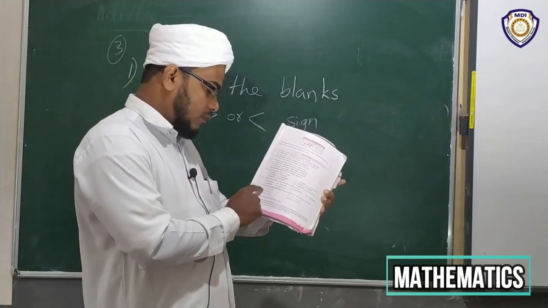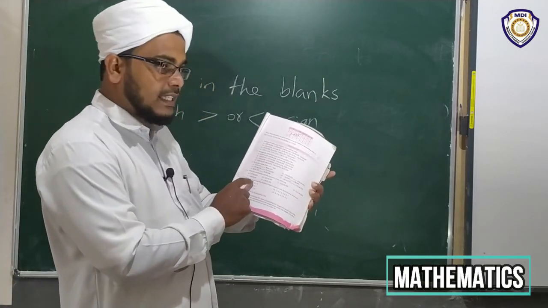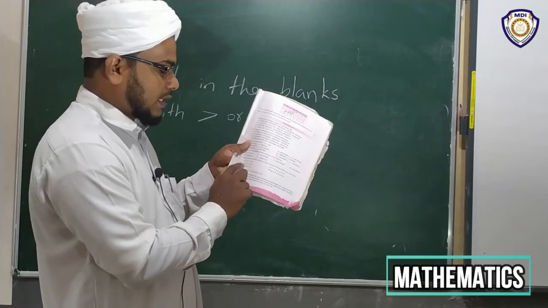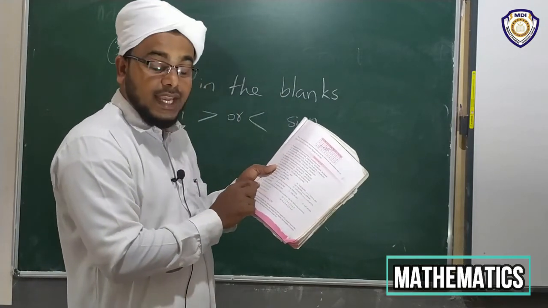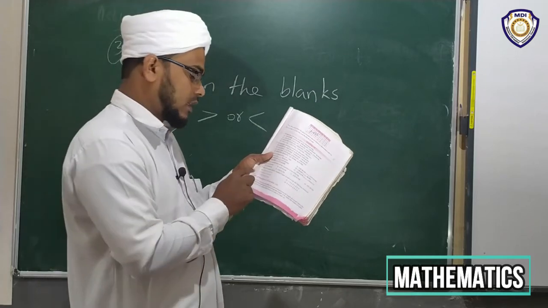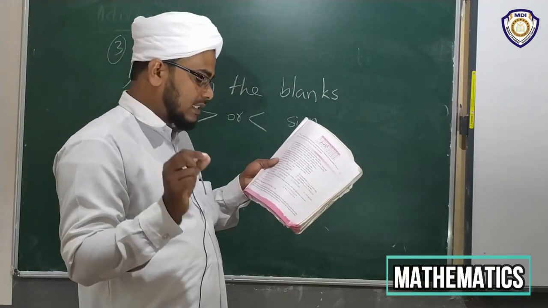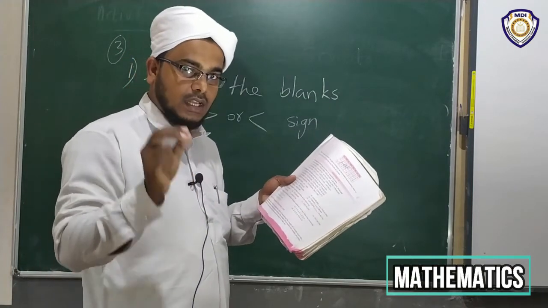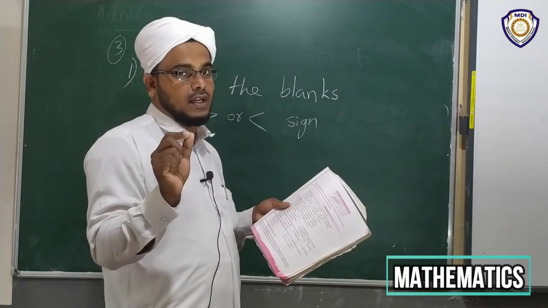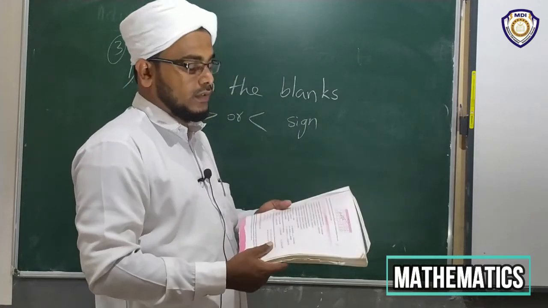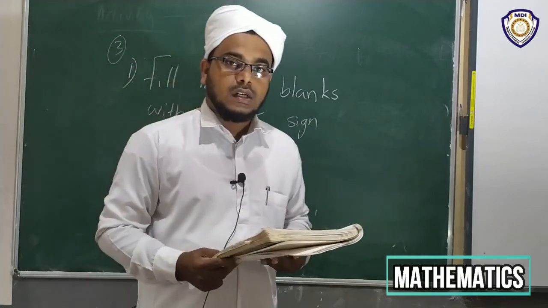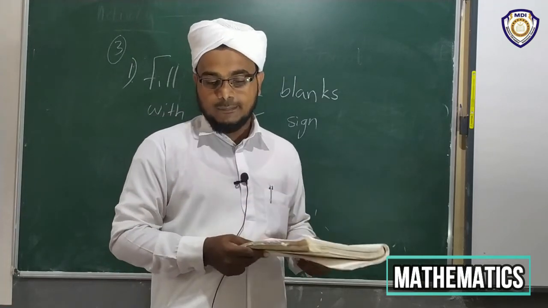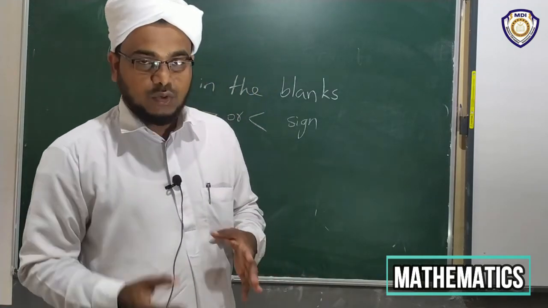There are 5 questions. In each question, 8 digits are given. You have to take each digit one time and form the largest and smallest numbers. Both the largest and smallest numbers you have to write down. These are the 3 questions you have to write in your notebook and send to our WhatsApp group. If you have any doubt, you have to clear it.